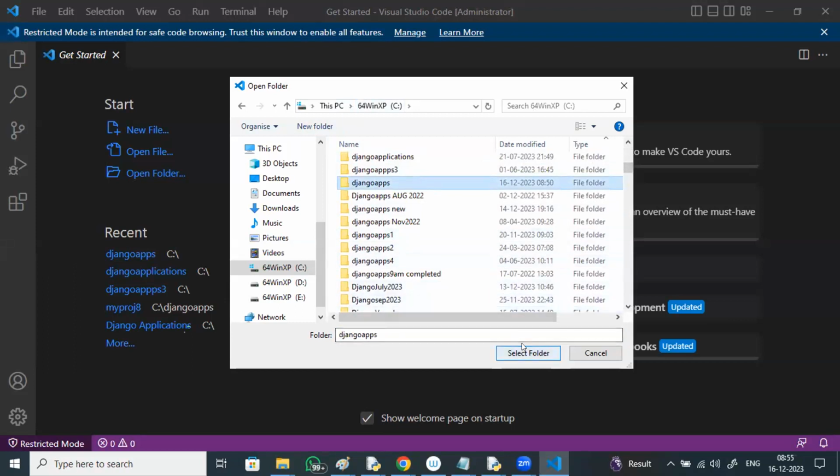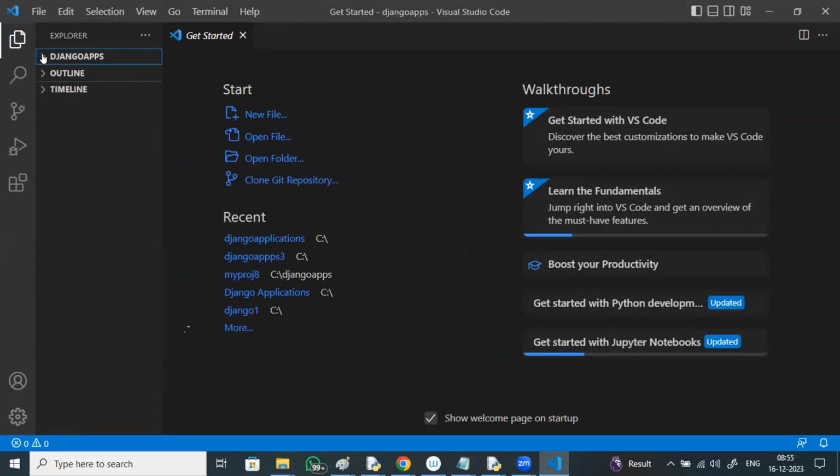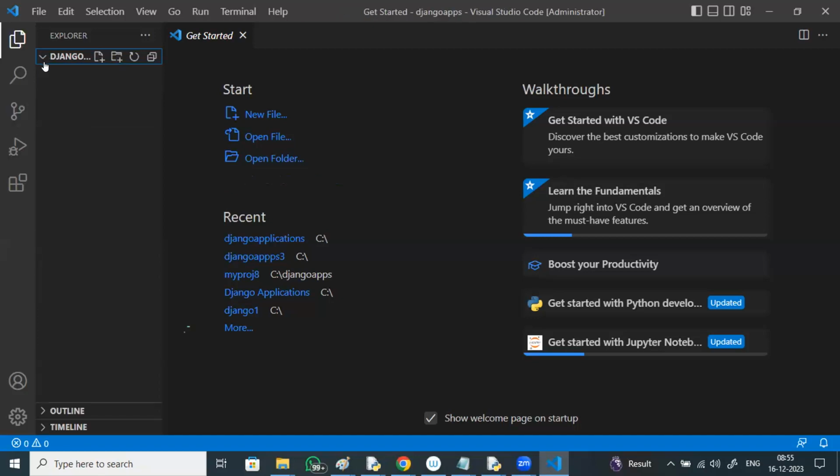Django apps, select folder. After selecting it, you will get it on the left side. Can you see this Django apps folder here? There's nothing in it, it's empty. Everyone, can you see? File, Open Django apps folder.